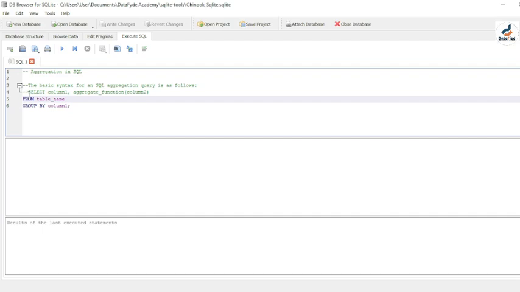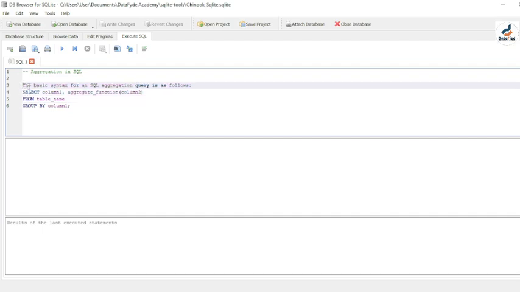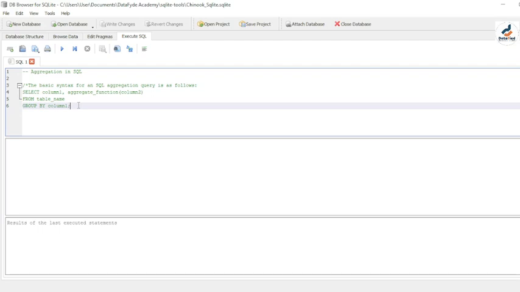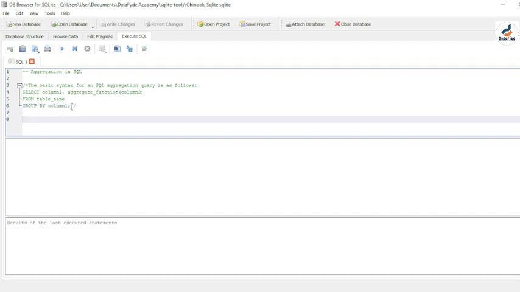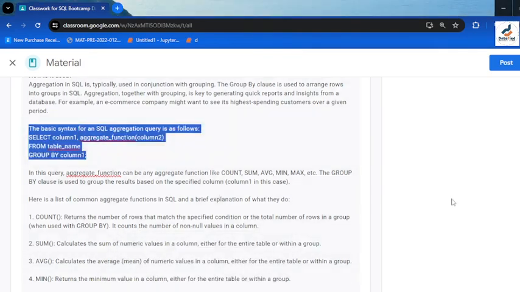I can just come here and do your slant bar, and then shift 8. See, notice that everything has been commented out immediately, right? And then we need to close this, shift 8 and then slant bar. So we've been able to close our commenting so that anything else that we write, SQL will understand that this is basically your query, right? That's why we had to close it here. Now let's go. What do we want to do? So our first example is